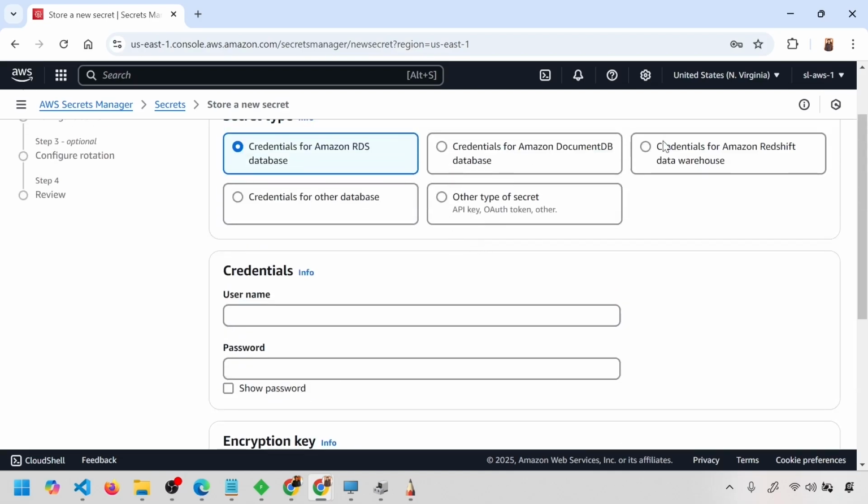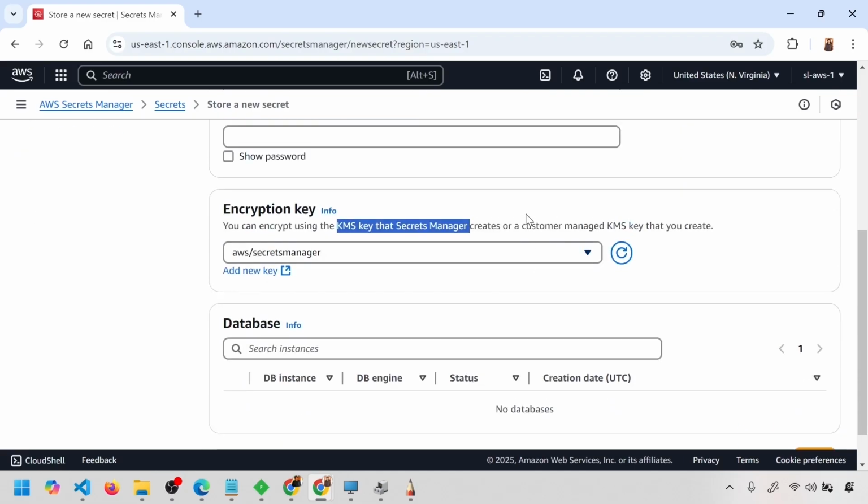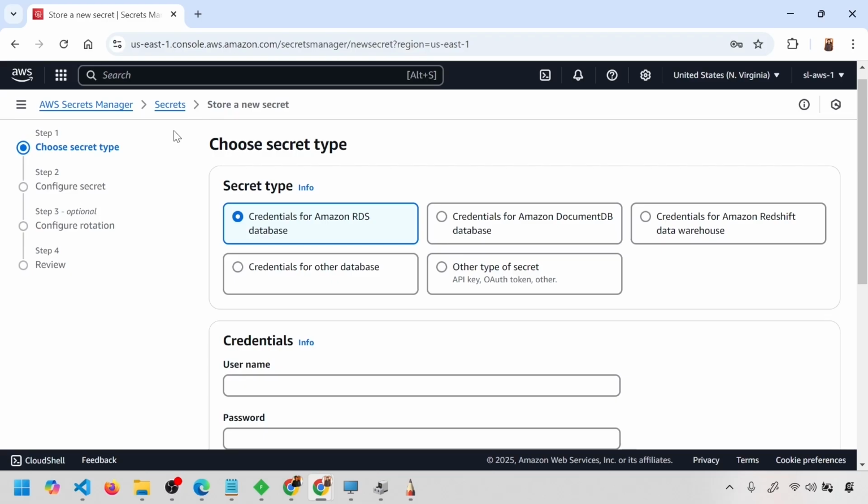We have different types of secrets here, mostly credentials. There are other types of secrets like OAuth tokens. We have seen OAuth tokens, API keys, and other things. Pretty much any text you can keep like this. I'm not going to create a secret; it's pretty trivial. And how do you access the secret? A secret is just like any other object in AWS.